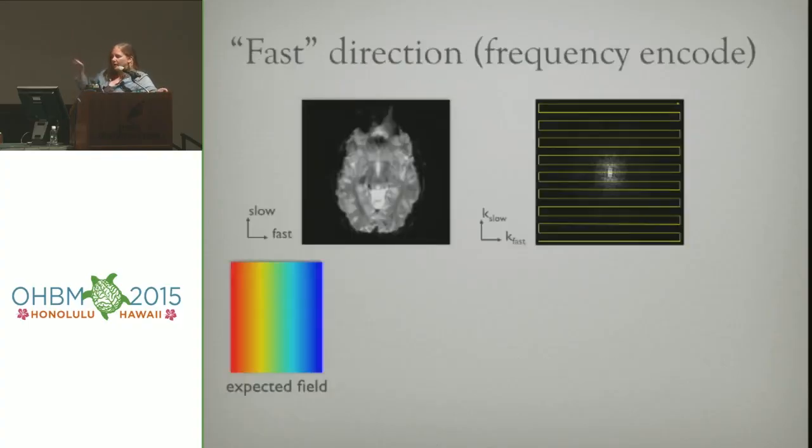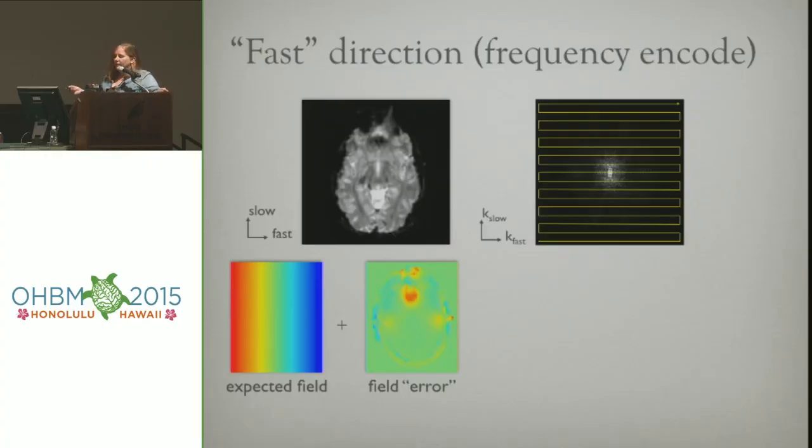Okay, so let's think about what this looks like in terms of what's happening in the image formation process. So along the fast direction, we have a strong gradient. And that's represented by this expected field. I'm showing a gradient, and the color represents the strength of the magnetic field. I have a relatively strong gradient, so that color map is varying strongly from left to right. And then in addition, I have some error. We always have an error in the magnetic field. One of the most common sources of this is air pockets in the head, which create disturbances locally in the